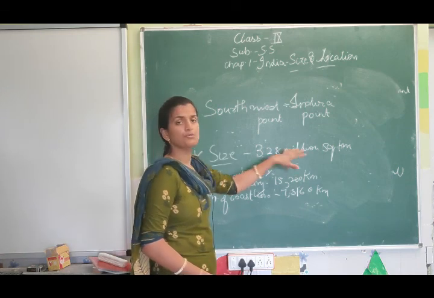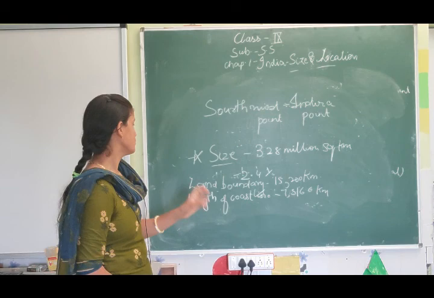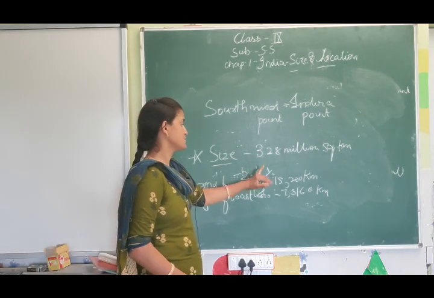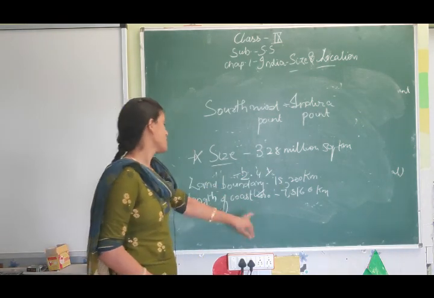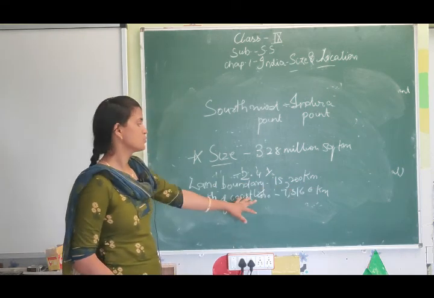The geographical area is 3.28 million square kilometers. India contributes 2.4% of the total geographical area of the world. The land boundary is 15,200 kilometers, and the length of the coastline is